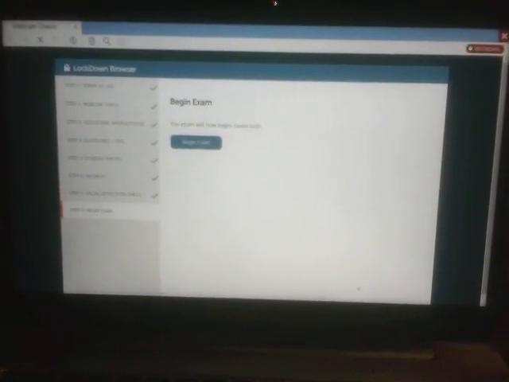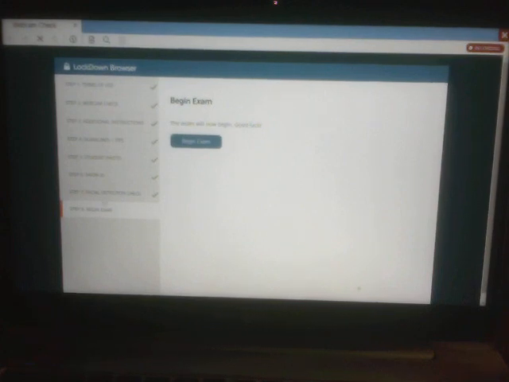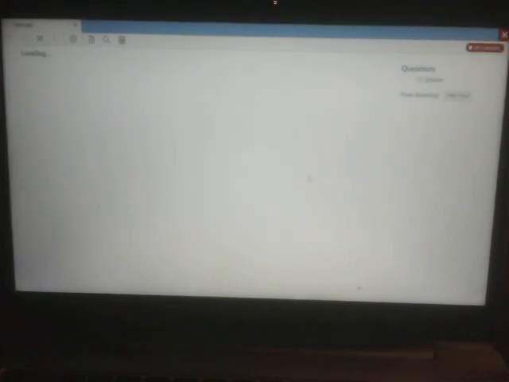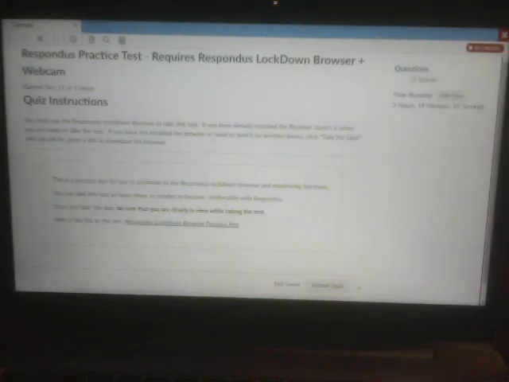Okay, so I have gone through the 7 steps and we are ready to begin the exam. So I'm going to click on the link, and it took me back to Canvas, and things are loading, screens are flashing, and all of your tests should have this one quiz question basically, right? Which is nothing more than